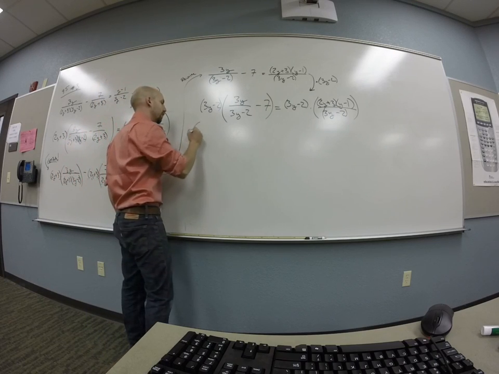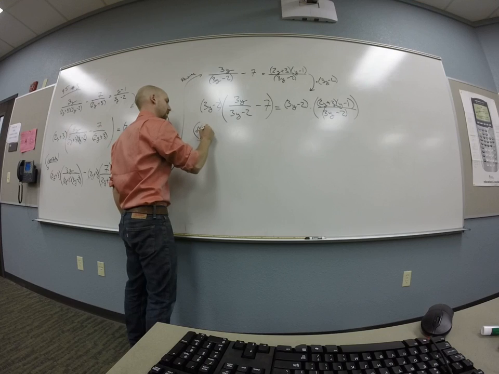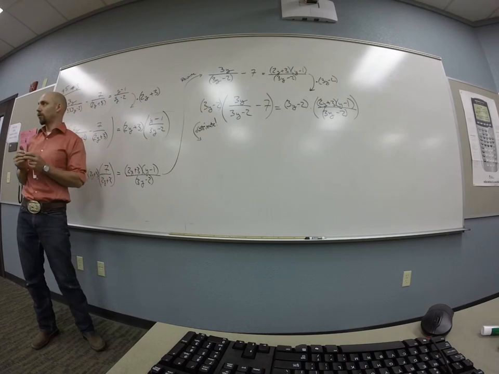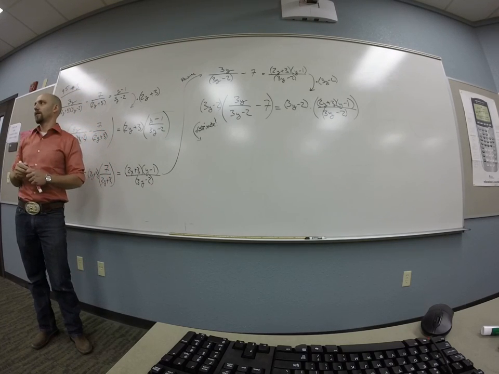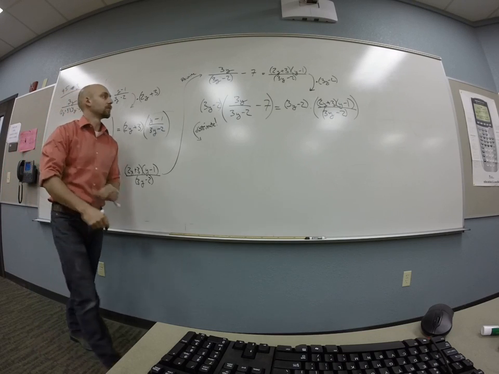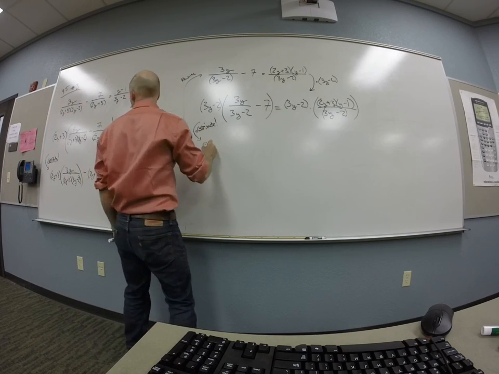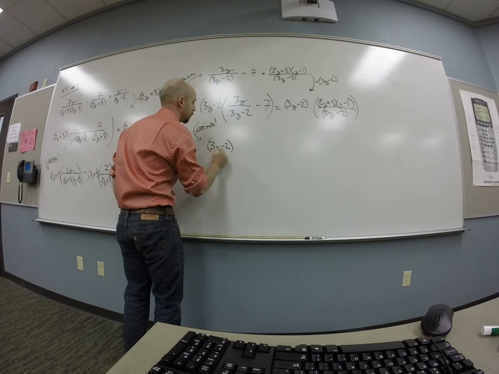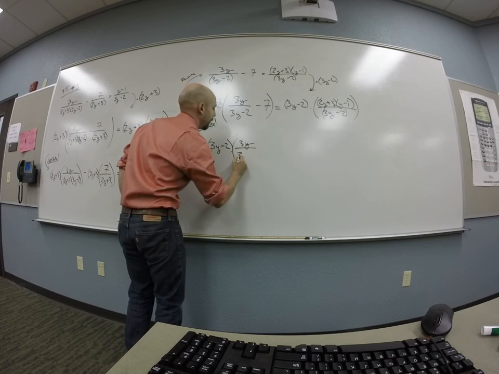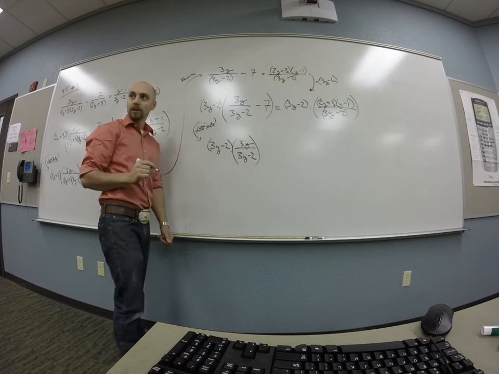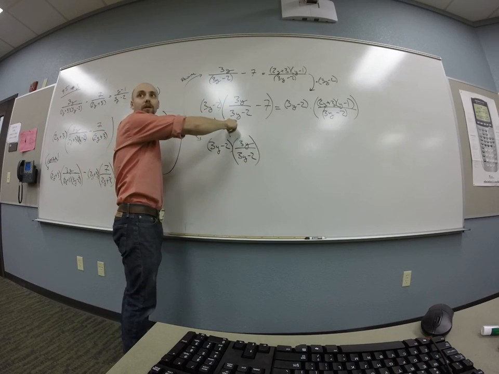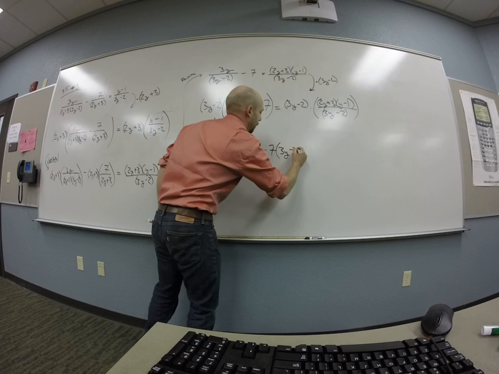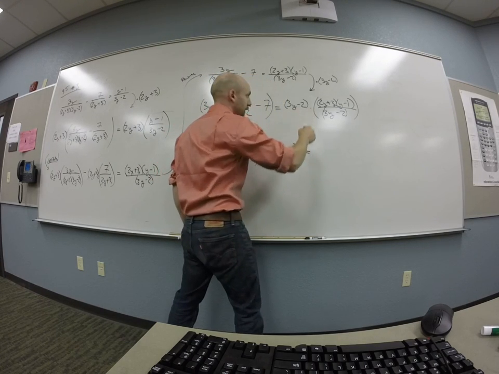Then I need to distribute again. Again, this being crucial. Okay. So I get a, don't do that. That's exactly what I was gonna do. So I got a 3y minus 2 times a 3y over 3y minus 2. Right? That's this thing times the first one. Then there's a minus 7 times this guy. And then on the right-hand side, there's,